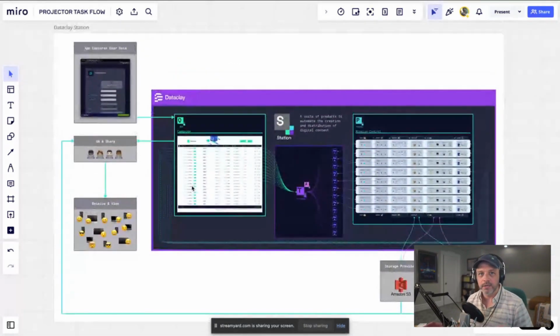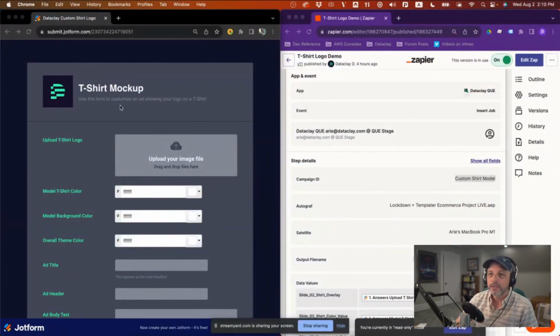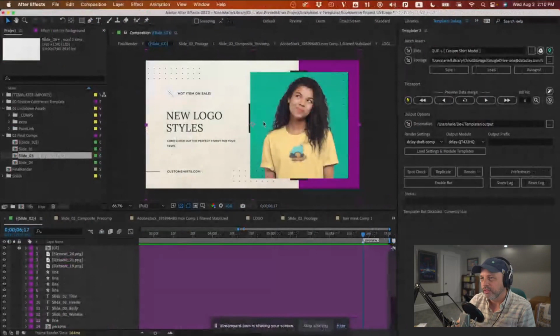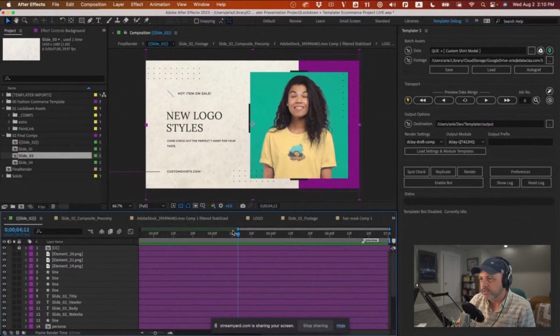Again, we are in a kind of beta phase, so there might be some things that go wrong, but we'll get through it. So what I'm going to do is hop on over to this web form that I put together, and this web form is going to drive this project that we have, this autograph that we have